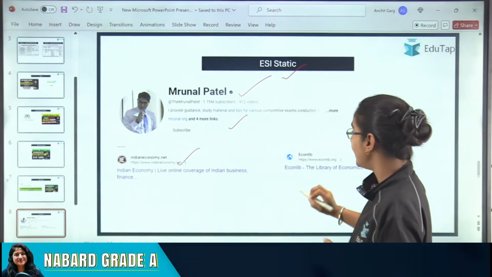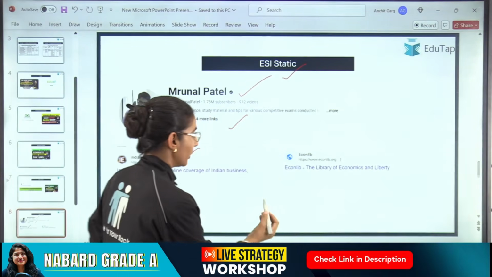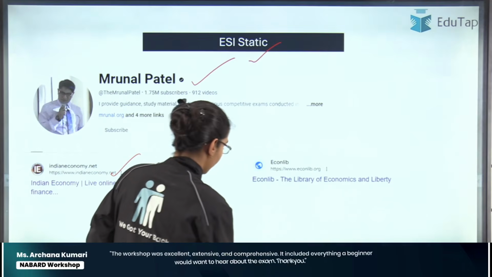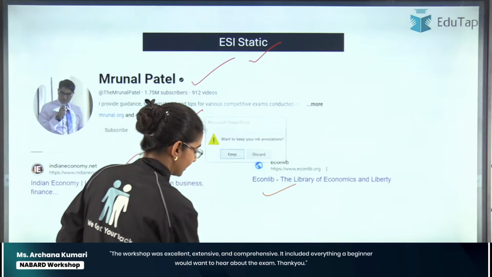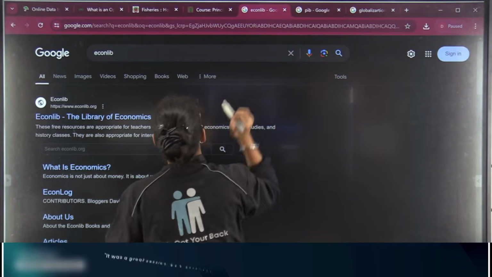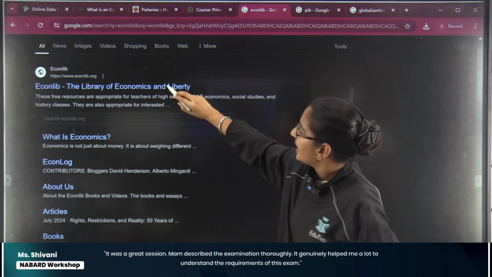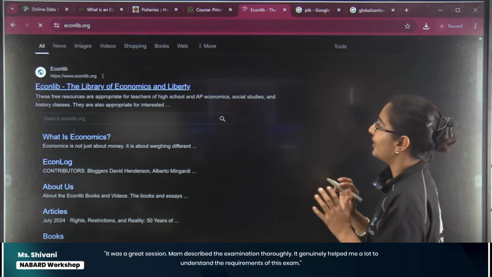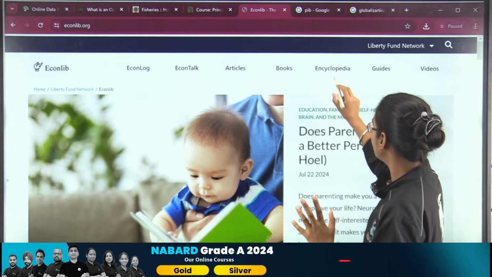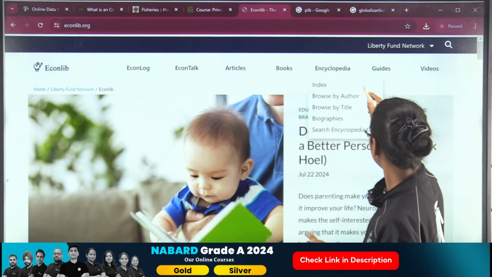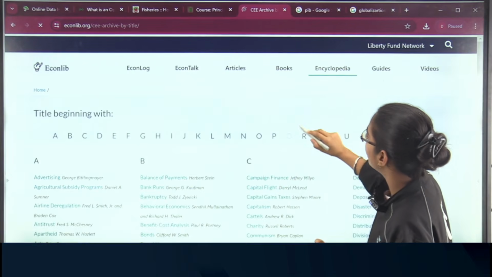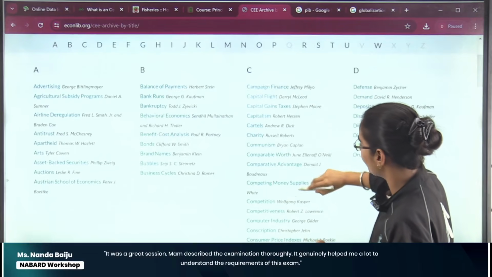All right, now the next source which is there is the econlib, right? So again, this is the source which you can refer as far as your ESI static part is concerned, right? Again, if I have to show you how to use it, so here I have. So if you go to this website econlib, again, it is a very detailed website. So to use it very smartly, just go to encyclopedia, browse by title, right? So if you go, so here you will see a lot of topics which are there,